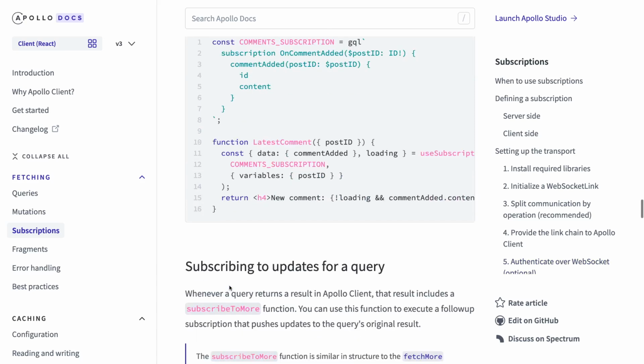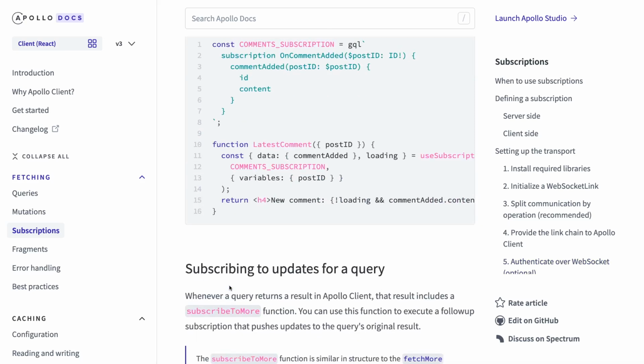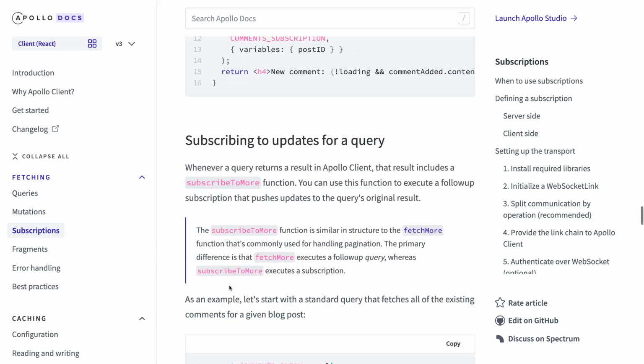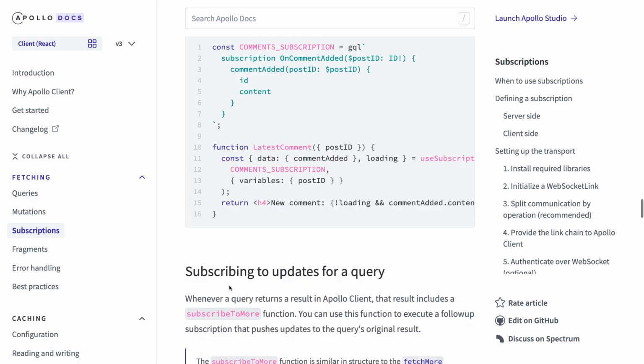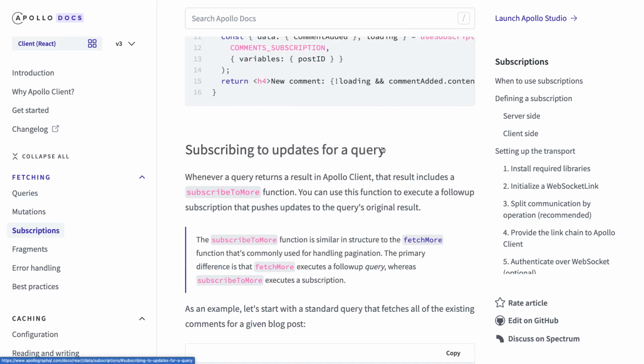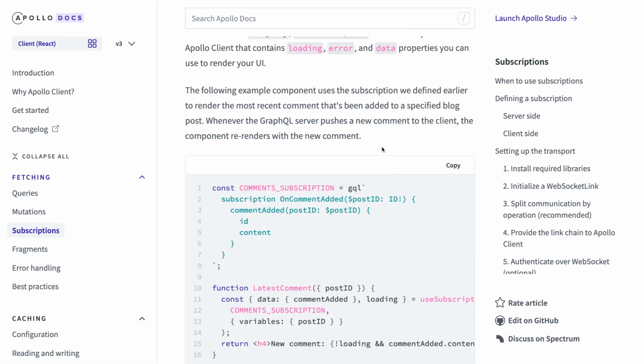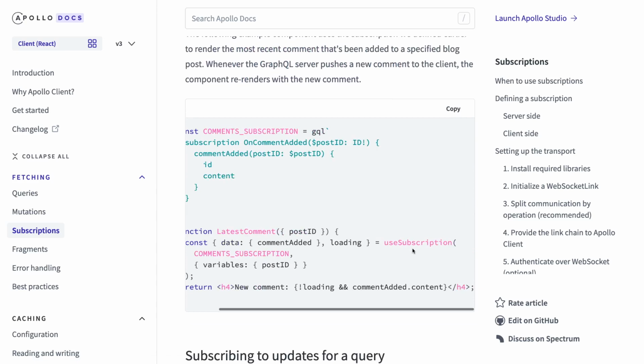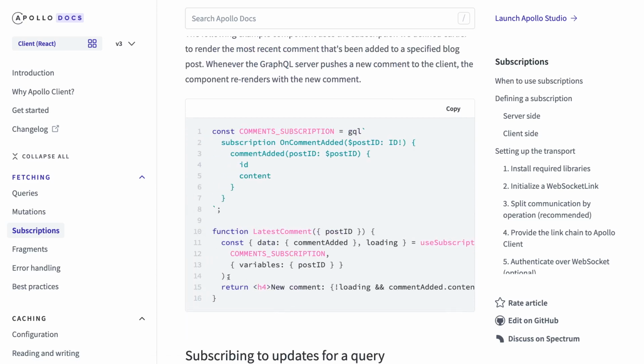Now, there are two things. How we can subscribe to the subscription at the client end side, meaning like a comment is added or a post has been created, then if we are subscribing, we should automatically receive the payload. There are two things. Either you subscribe to the updates for a query or you can use useSubscription. You can see here I'm subscribing to the comment subscription and the variable is the post ID because I'm subscribing for this particular post ID.